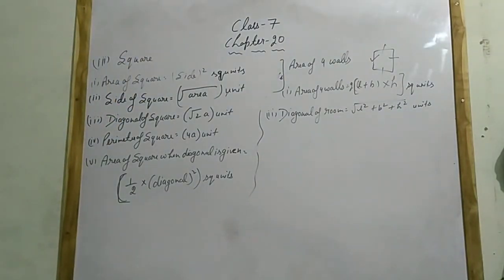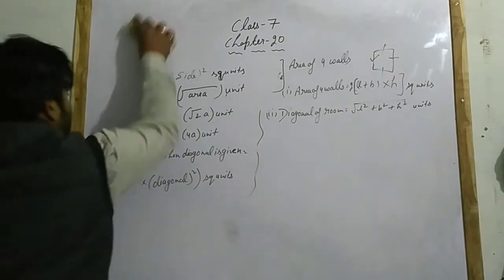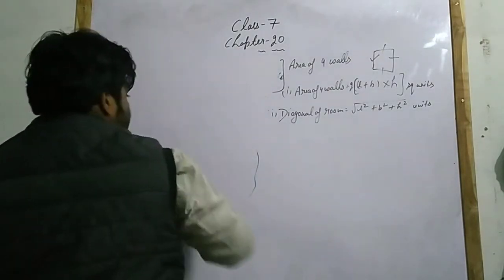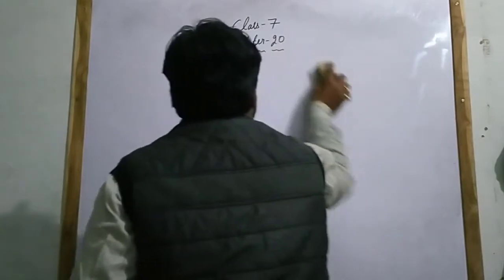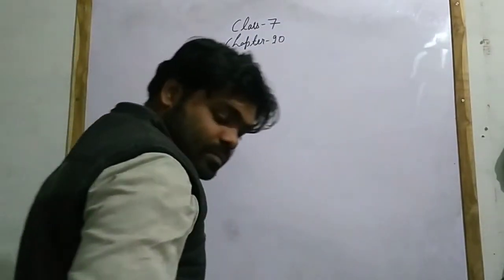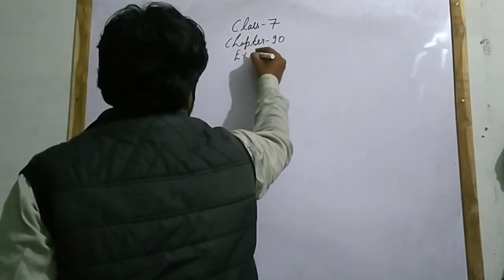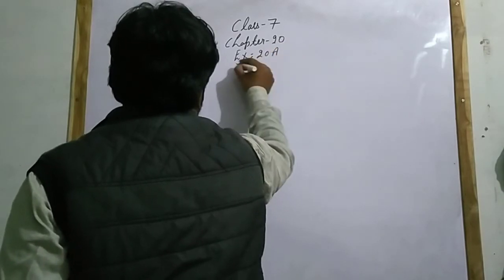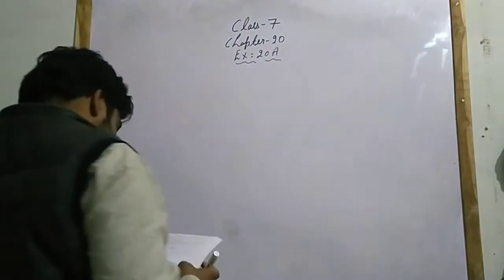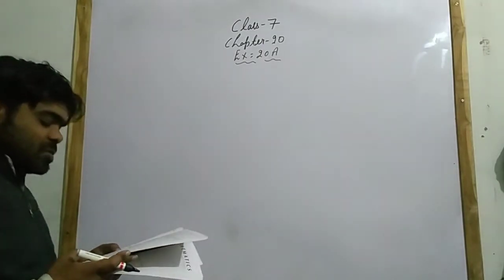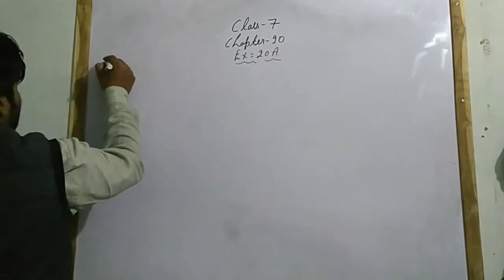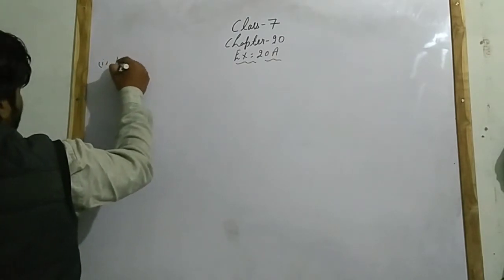Now we will discuss your first exercise, exercise 20A. The first question is given here. Find the area of rectangle whose dimensions are given. You have to find the area of rectangle whose dimensions are